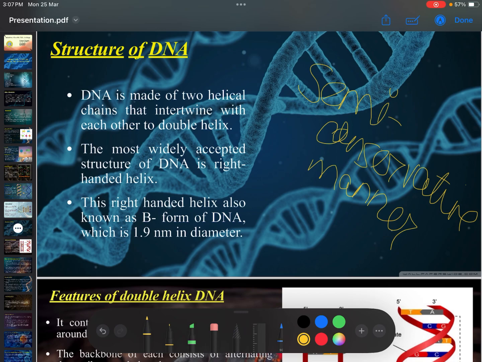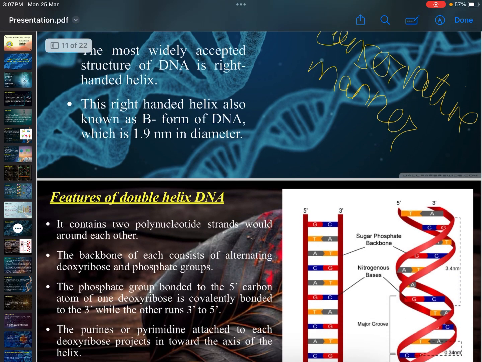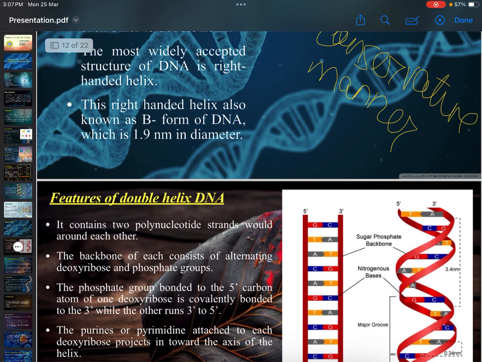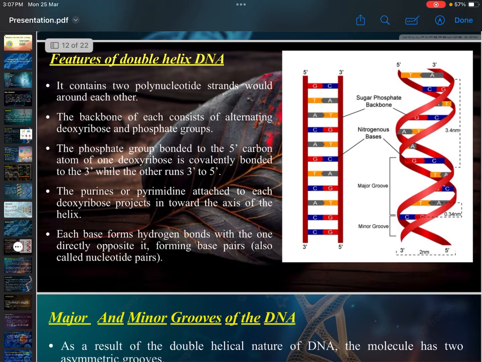What is B-DNA? As it is written further, it is B-DNA, which is 1.9 nanometer in diameter, and the total length of DNA in a human cell is about 2 meters. We can call it 2.2 meters, but generally we say 2 meters. It contains two polynucleotide strands that